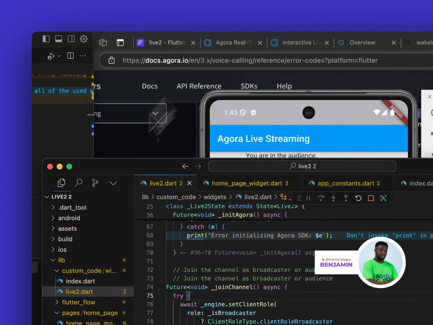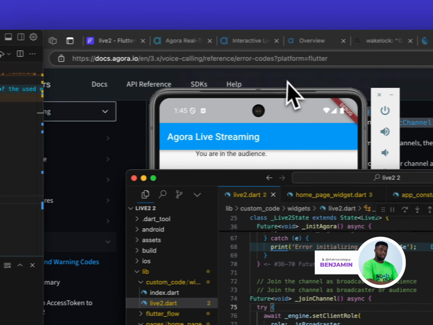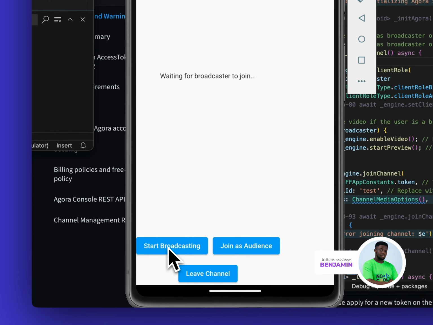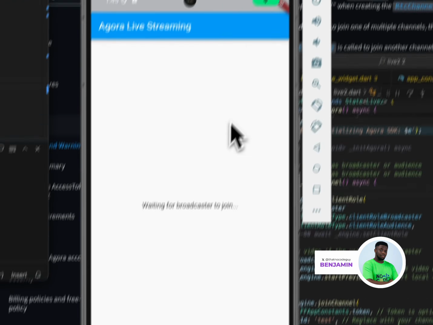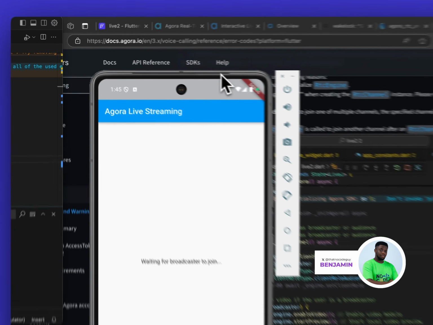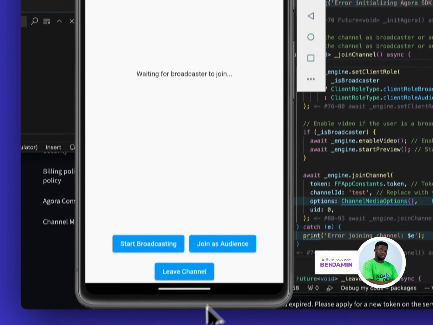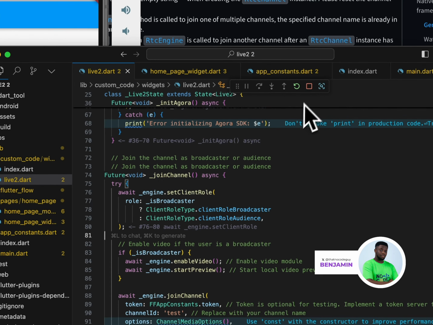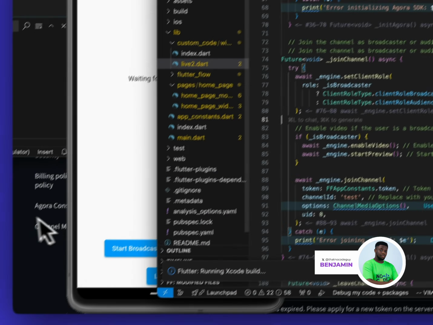Okay, so now as soon as I did all of that prompting in ChatGPT quickly, I have my live stream app now. This is on an Android, and I can click on start broadcasting. As you can see, I'm broadcasting voice, right? But right now it's not broadcasting my video. So let me try and leave channel. So you see it has stopped. Let me try to stop the